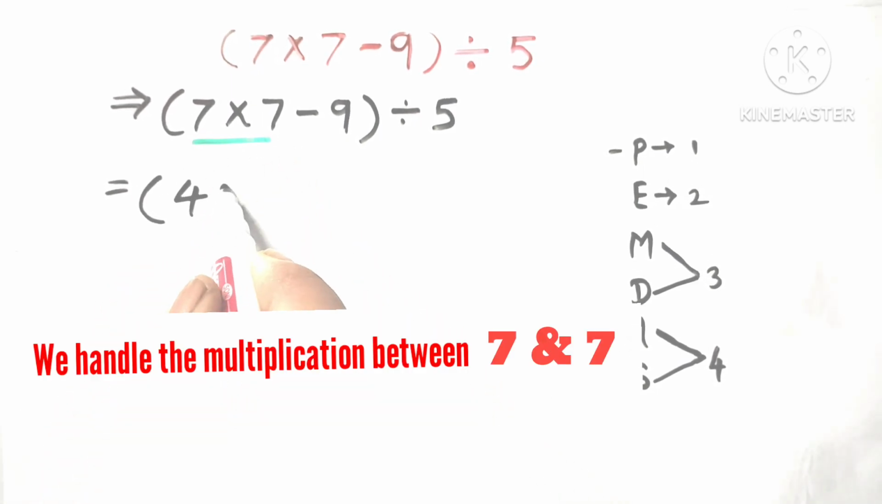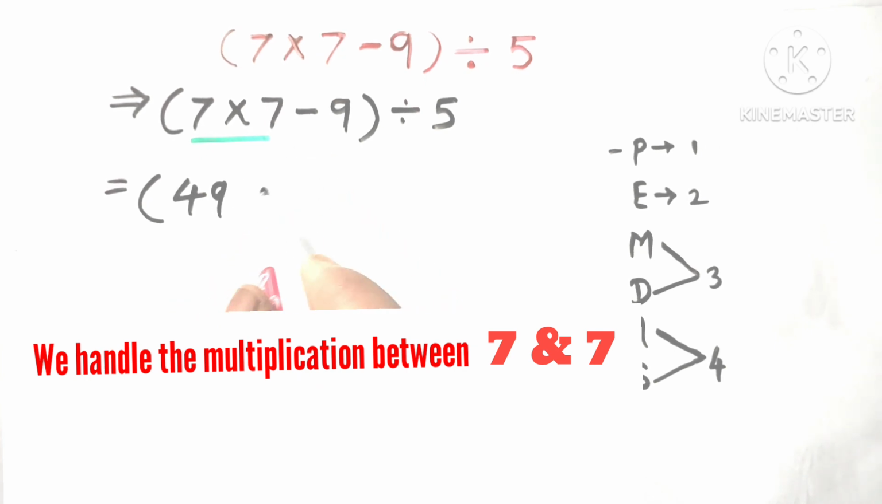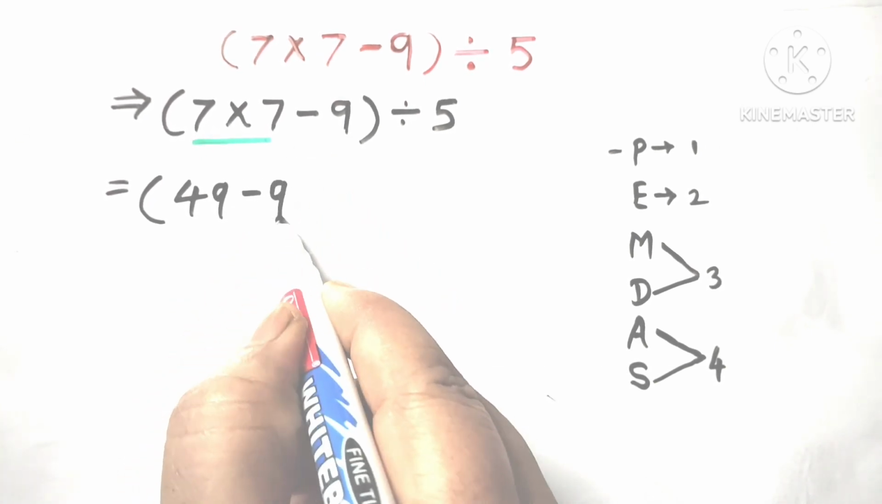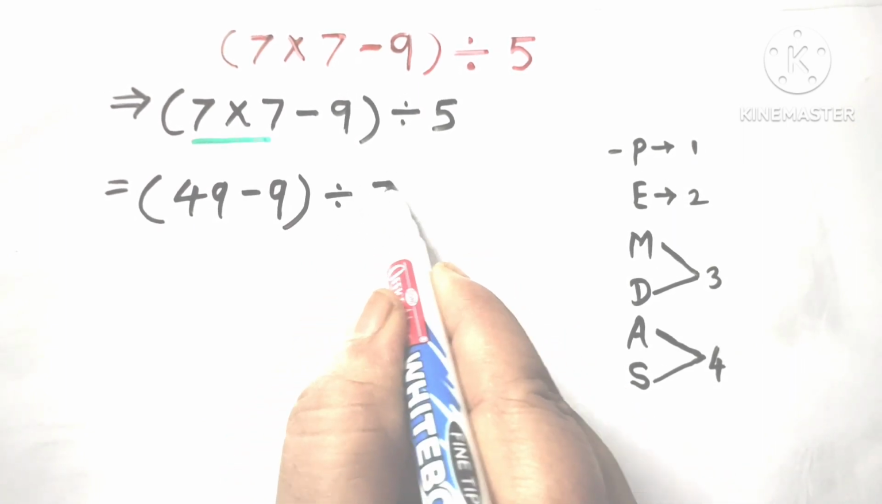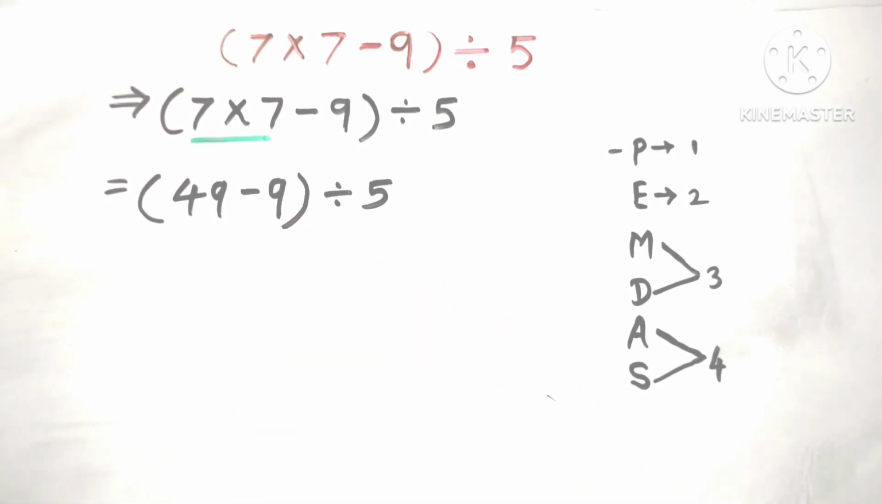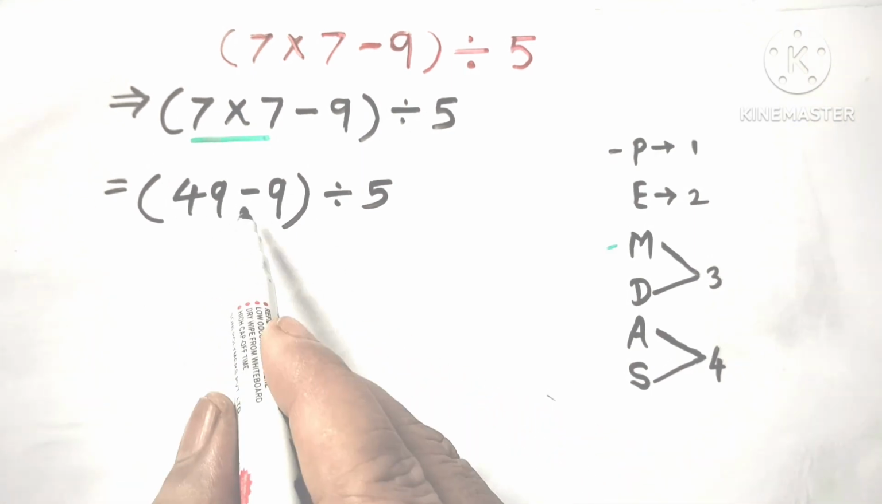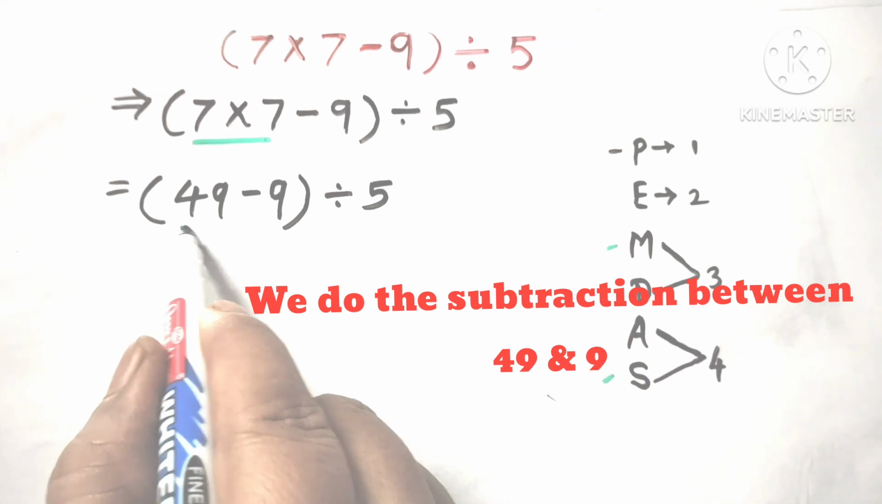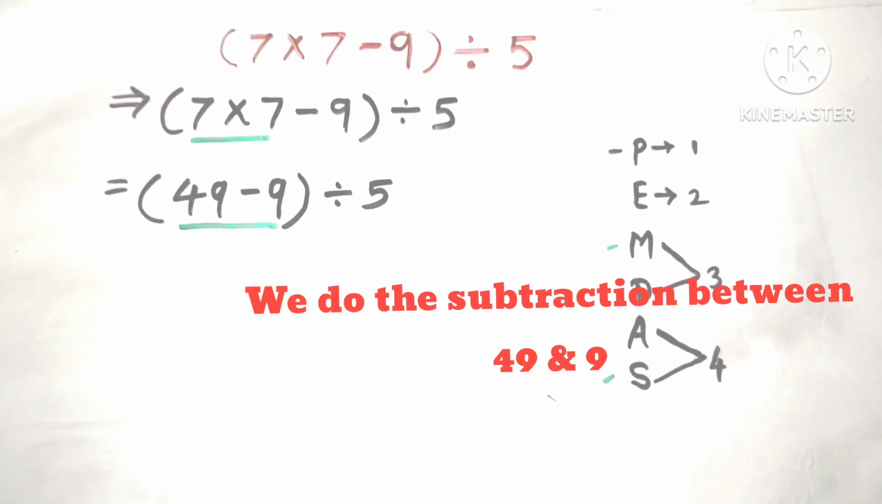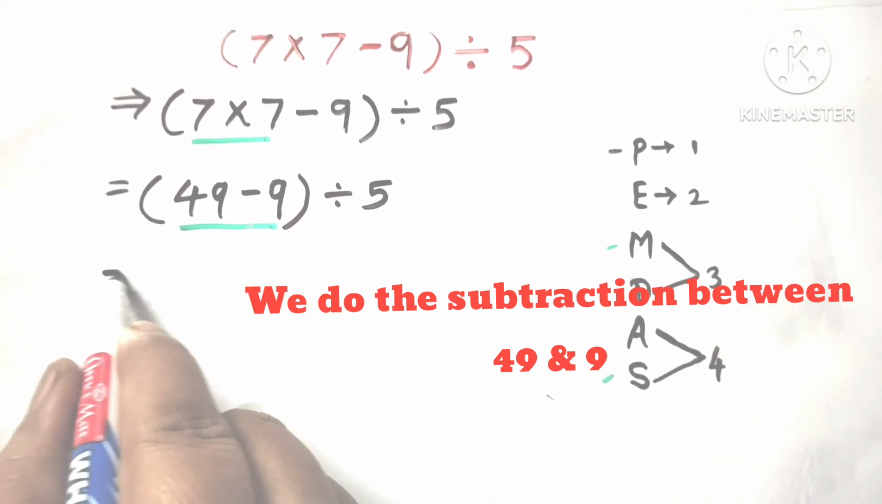We handle the multiplication between 7 and 7. (49 − 9) ÷ 5. Now we do the subtraction between 49 and 9, is equal to